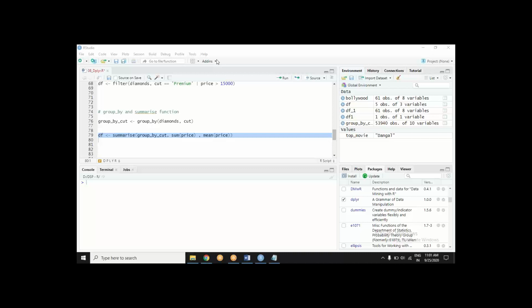Can you try to count the number of diamonds? Can you think of a way that you can count also? We have seen other aggregate functions. Mean and sum you have already tried. There could be median, min, max, and many things. So that you have already tried. One thing in particular I want you to try, that's count. Can you do that? Give it a try.